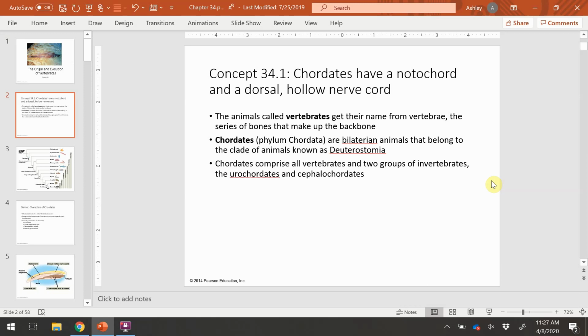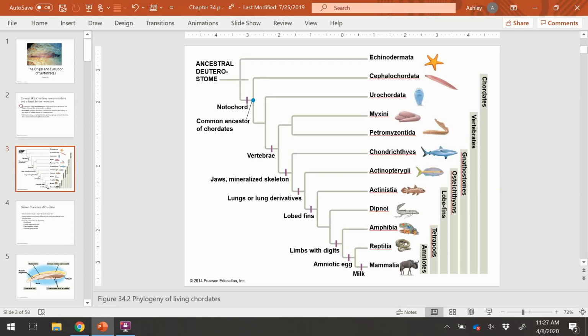So most of you are probably already familiar with that, and that's great. That's something you want to keep in mind that we will see with the chordate group. They consist of two small groups of invertebrates and then vertebrates, and so that's what we'll focus on in this chapter. And so taking a look at that phylogenetic tree here, you can see the